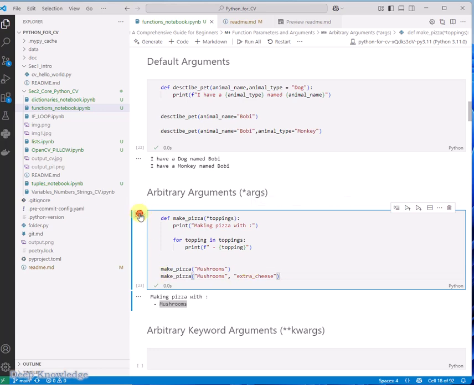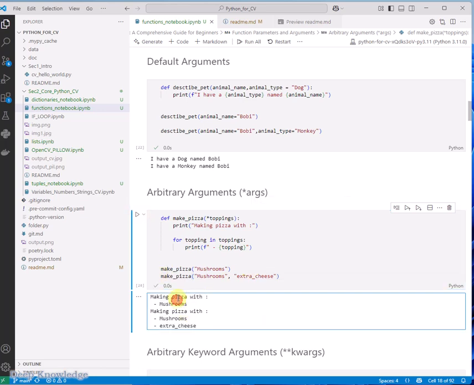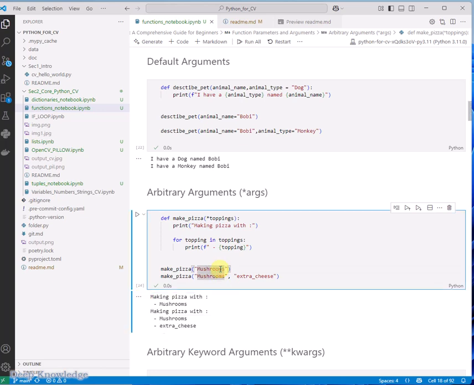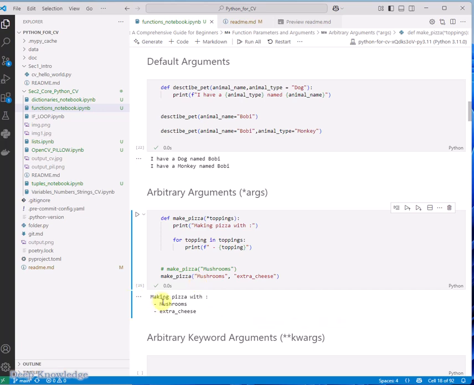And here you see, let me just remove the first one. I just need to comment this line out. And here you can see making pizza with this. So now this function, making pizza, has no idea how many parameters it will receive. So that's why we add this